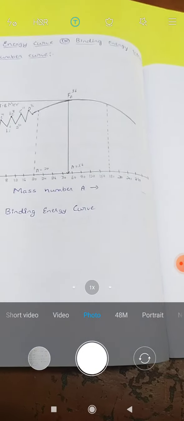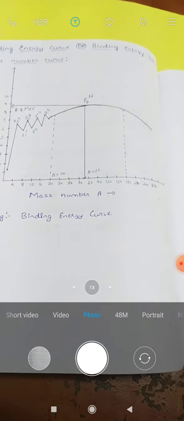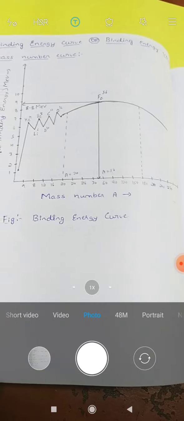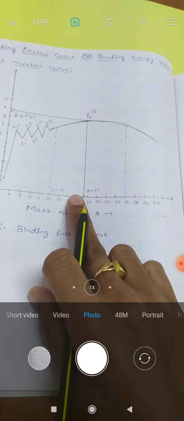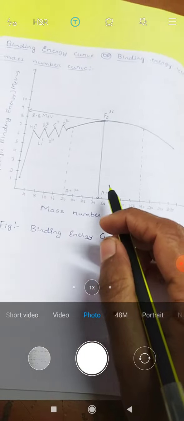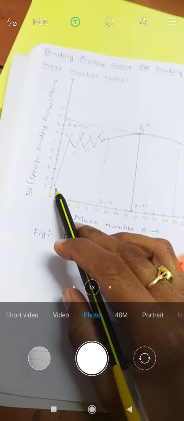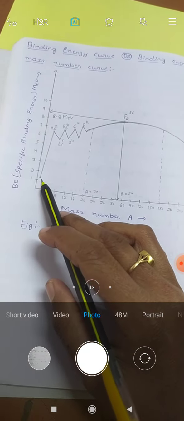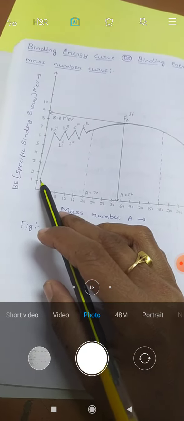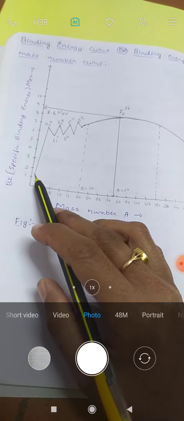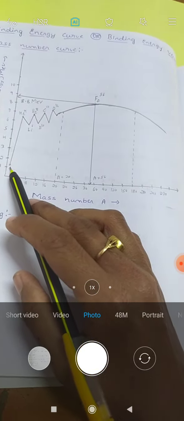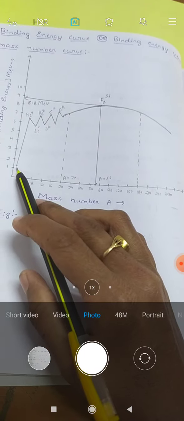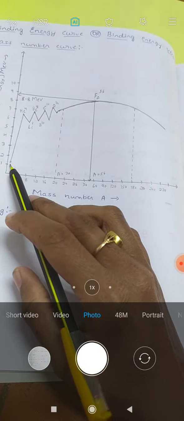And next, some of the special features of the binding energy curve are as follows. The first one is the specific binding energy values, which start from the value 1. So 1 is the atomic number of hydrogen. So the specific binding energy values of the very lighter nuclei, that is hydrogen and helium,